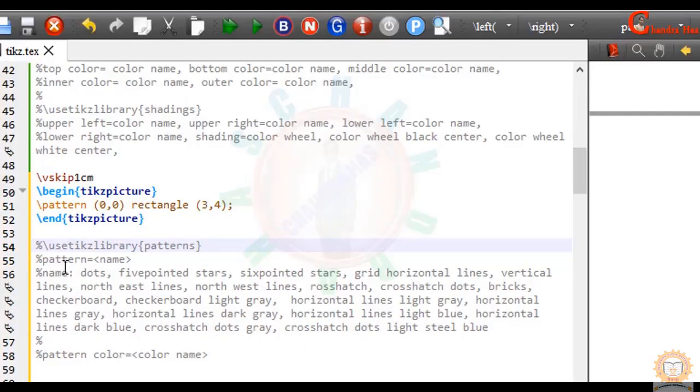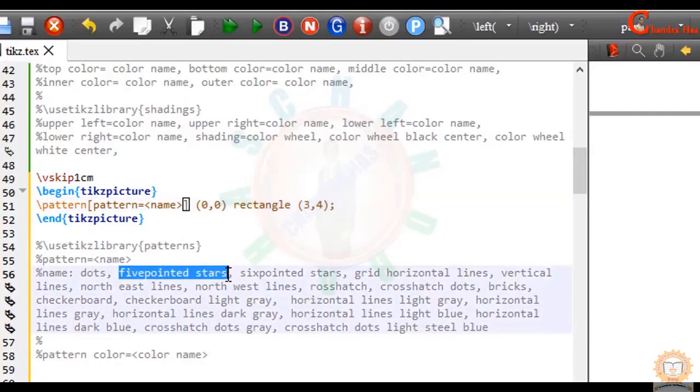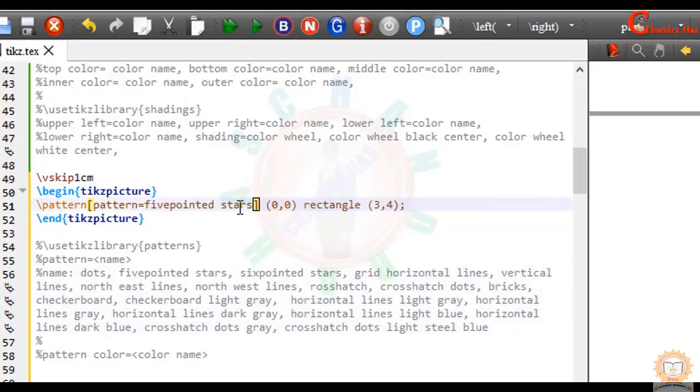So for example, I want to use this one, 5 pointed stars. Just copy this and paste here in a square bracket. At this place, we'll have to write name of the pattern. Any name you can use from the given options. For example, I want to use this one, so I'll copy this and I'll paste here and then compile your file.